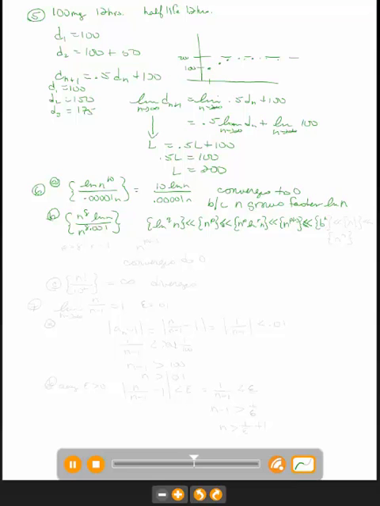which grows slower than b to the n, because n is going to infinity in this case, which grows slower than, oh, I'm not able to fit it, n factorial, which grows slower than n to the n. So they've given us a little order here. So if we look at the problem,